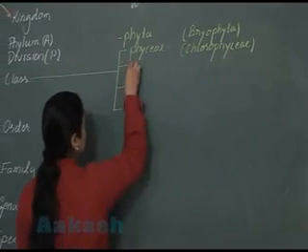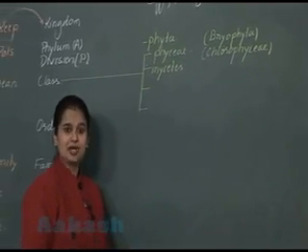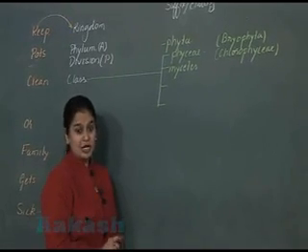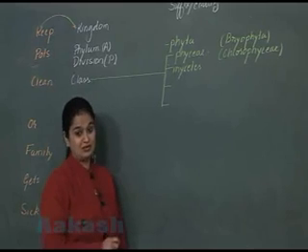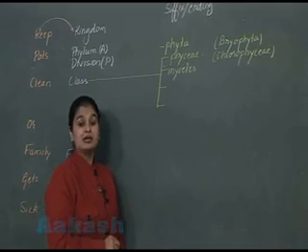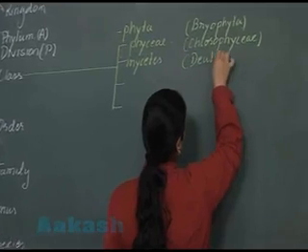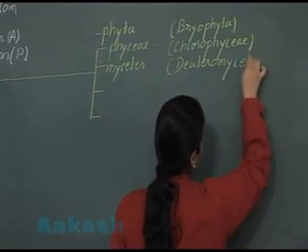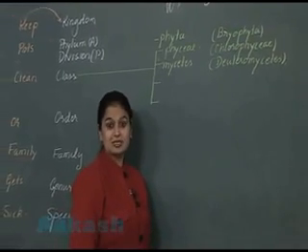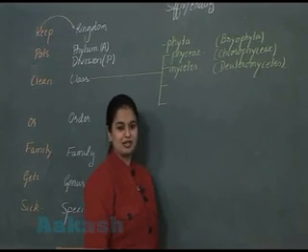Another one, mycetes. Mycetes is reserved for fungi. I'm going to write the name of one of the fungal classes by utilizing this suffix. The name of the class is Deuteromycetes. Yes, it is also known as the dustbin group of fungi. Deuteromycetes, one of the fungal classes. Why it is known as the dustbin group, we will discuss in the next chapter, biological classification.